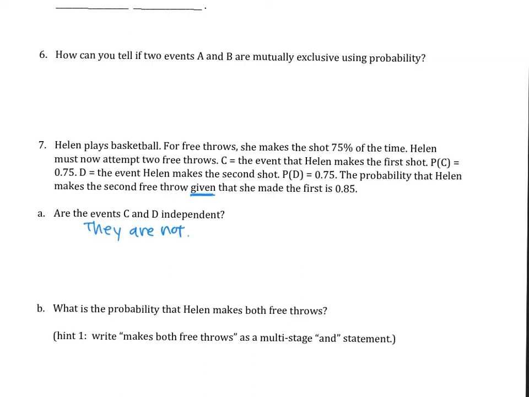So this is the important part. How do I mathematically show that? If this was a question on the exam or quiz, I'm going to look at probability of D given C. I'm going to compare that number to probability of D. Back then, when we were looking at the formula, we had probability of A given B is equal to probability of A. That means this is independent. This is how I show two events are independent. I have to show these two numbers are equal. Sometimes they're equal, sometimes they're not equal. In this case, probability of D given C, the probability that she makes the second shot given that she makes the first one, is 0.85.